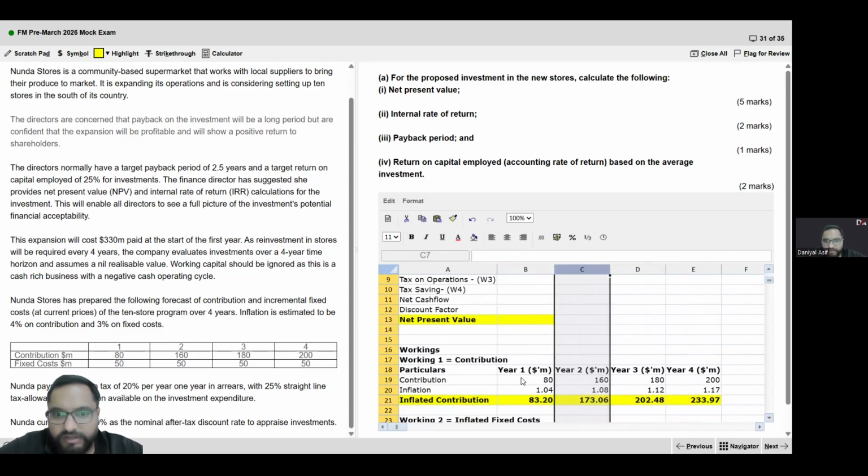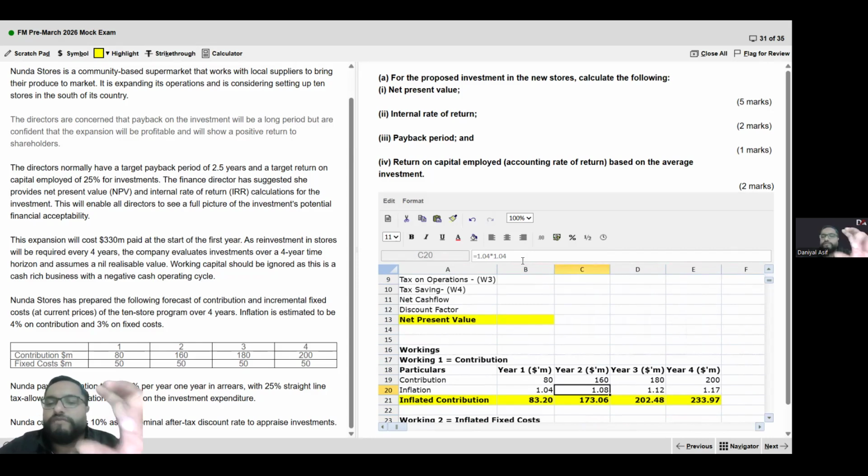The question says that inflation is 4% per year. So 1 plus 4% is going to be 1.04. Now 1.04 multiplied by 1.04 gives you your inflation for year two. You multiply it three times, you get year three, and you multiply it four times, you get year four. Now I multiply this inflation factor with the contribution, and I get the inflated contribution of 83.2, 173.06,